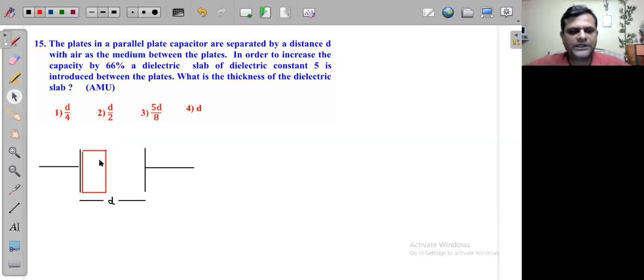ओके, तो ये डाइलेक्ट्रिक स्लैब यहाँ पे हमने डाला है, जिसका थिकनेस हम मान लेते हैं, चलो T सपोज है, ये सपोज T है। ओके, तो अब देखो यहाँ पे डाइलेक्ट्रिक है और बाहर में कुछ भी नहीं है।